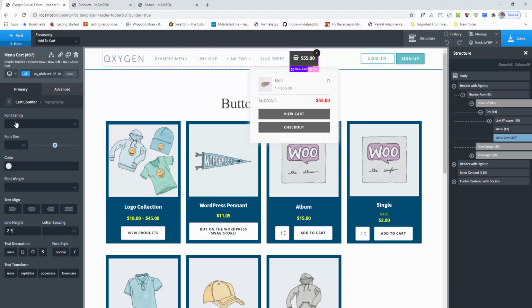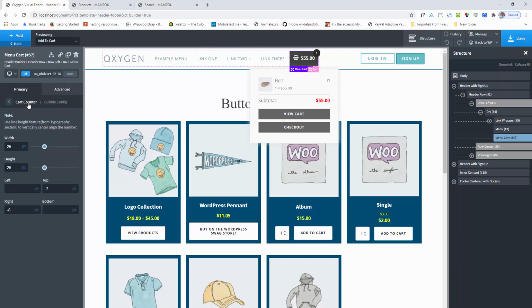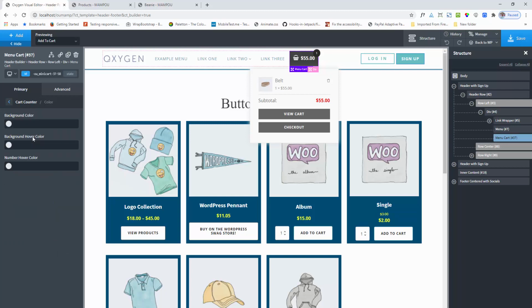and changing the size a little bit higher. Okay, for the color I shall change the background color to red. You can also change the background hover color and number hover color.